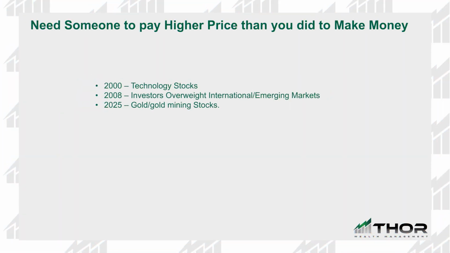I have 3 examples here in the stock market where we've seen supply and demand get out of whack. First of all, in 2000, after 1999, everyone was buying technology. All the money was there. In order to make money on any investment, I need someone to pay a higher price than I paid. If all the money's already there, like it was in technology in 2000, that will limit my upside, which is what happened the next decade. You didn't make any money on those technology stocks.